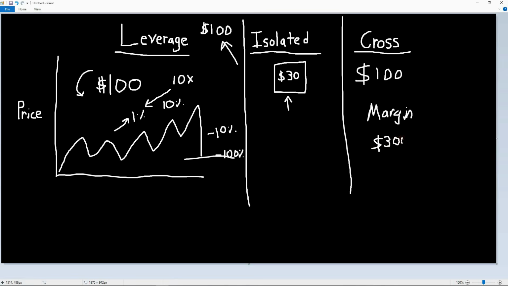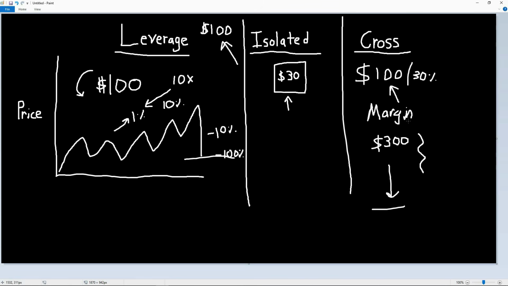Okay, so now our liquidation is going to be a lot different than it would be with isolated, because we're doing cross. So we're only using 30% of our balance for this trade. So the liquidation price is going to be a lot lower than it would be over here, and that's basically because it's using cross leverage. If our position starts going against us, it's going to draw more from our margin. So now this $30 position is going to turn into a $50, $100 position potentially if it gets close